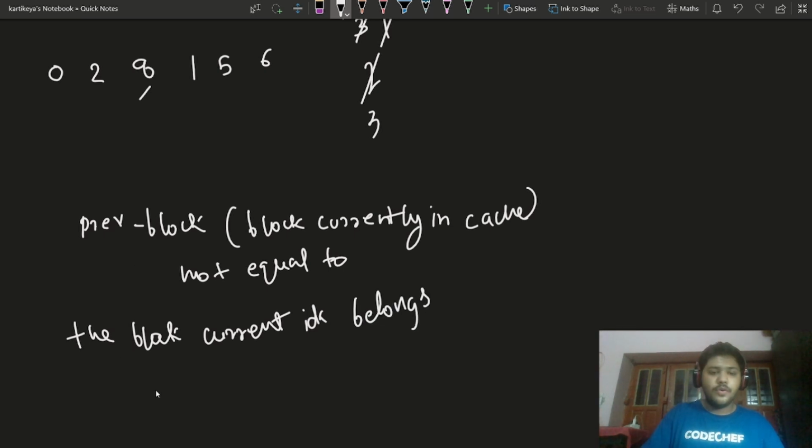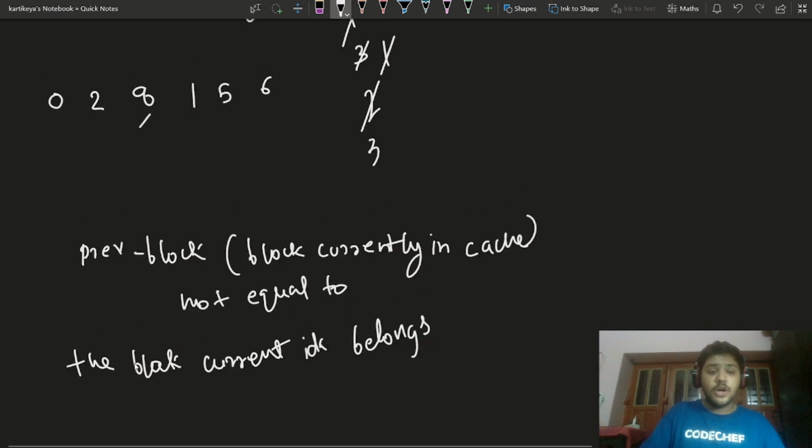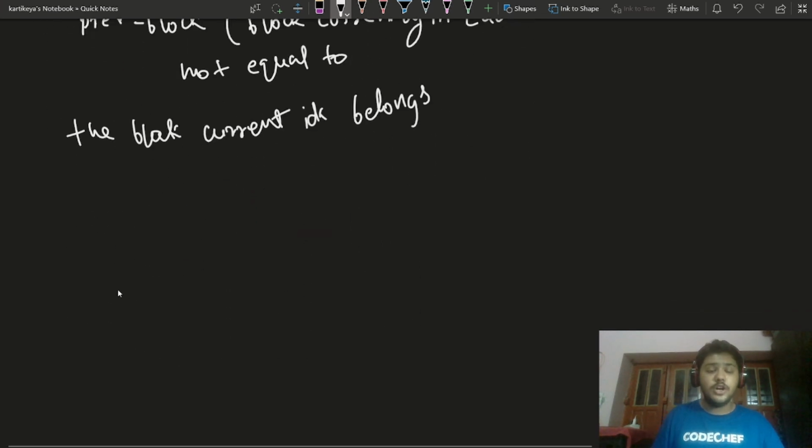Now, to which block does the current index belong? If we number the blocks from index 1, the current block would be equal to,